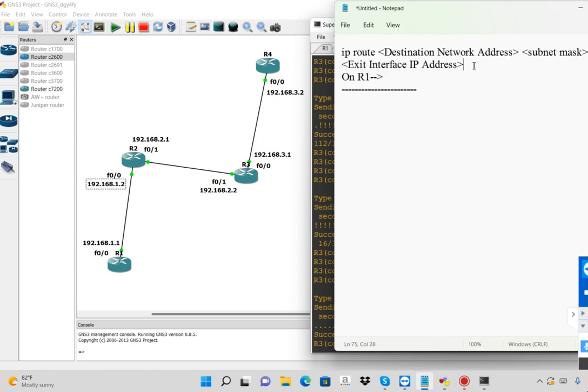On router 1, I will use the command first: ip route. Please watch me carefully. Then the destination network address. I write here, if we want to communicate with